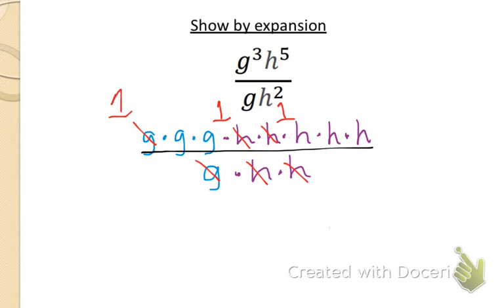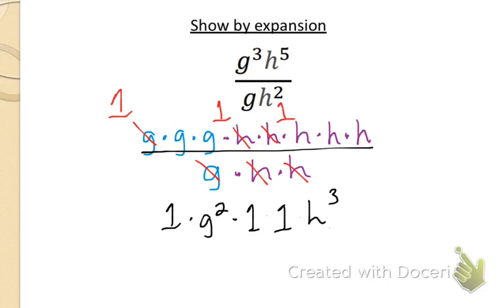I'm done. So I'm going to rewrite this a little neater. I don't have anything remaining in my denominator, so no need for a fraction bar. What I do have, though, is this 1 times 2 g's, so g squared, times 1 times 1 times 3